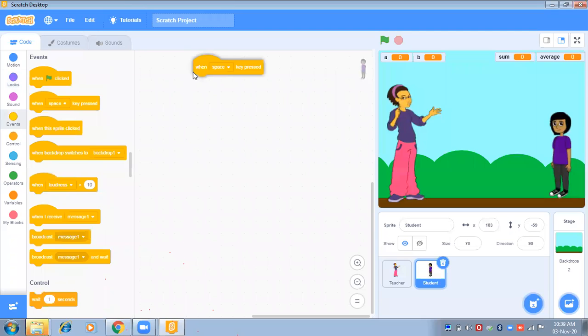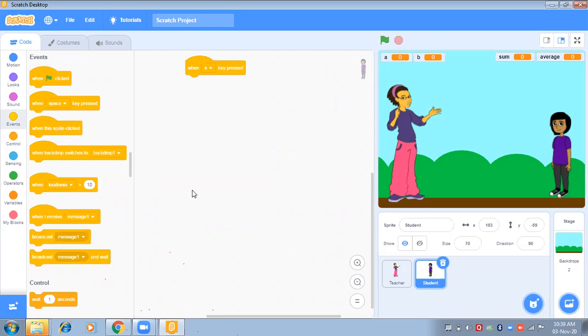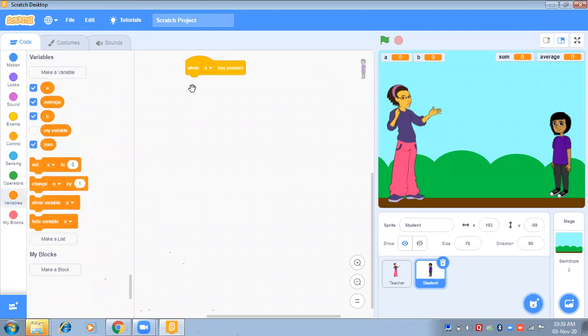Drag this block first, when S key is pressed. When S key is pressed, what do we have to do? We have to go to variables and set. This time we have to set sum.